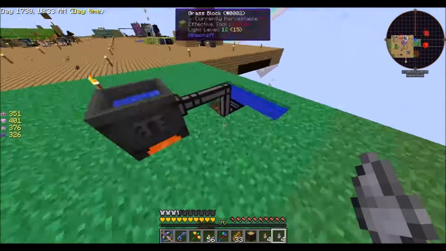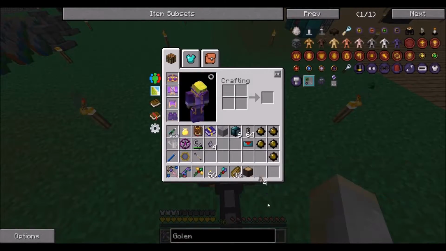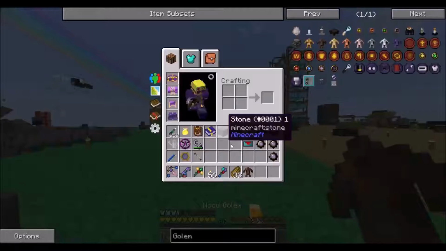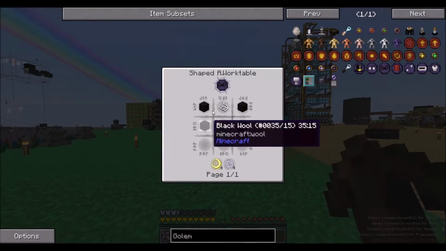That's good. Now we need to throw these into the crucible. I'm not sure if I actually showed any of this on camera now that I think of it. And then... Nice! We got the golem! We got the golem! Woohoo! We got the golem! Okay, now...